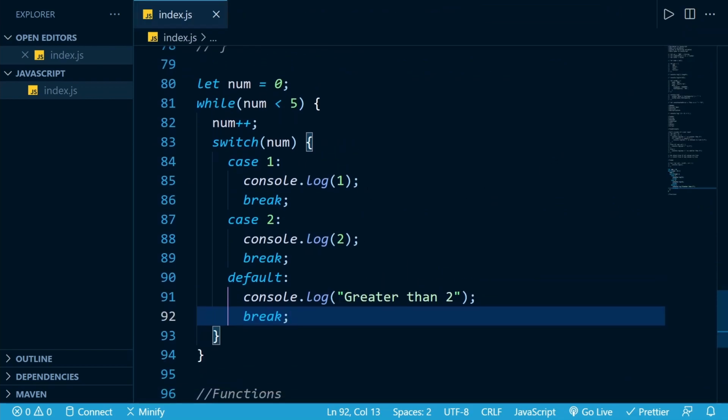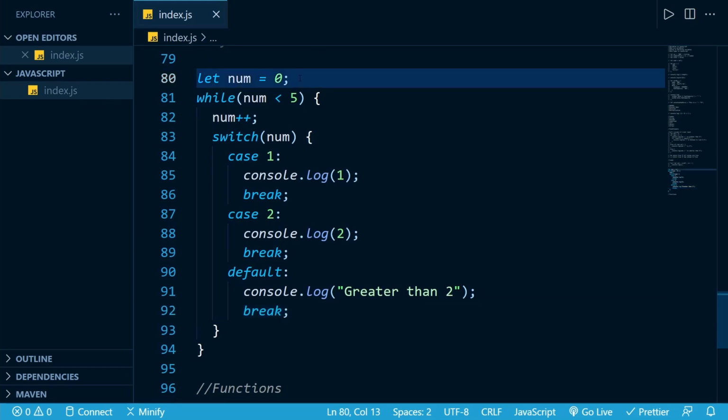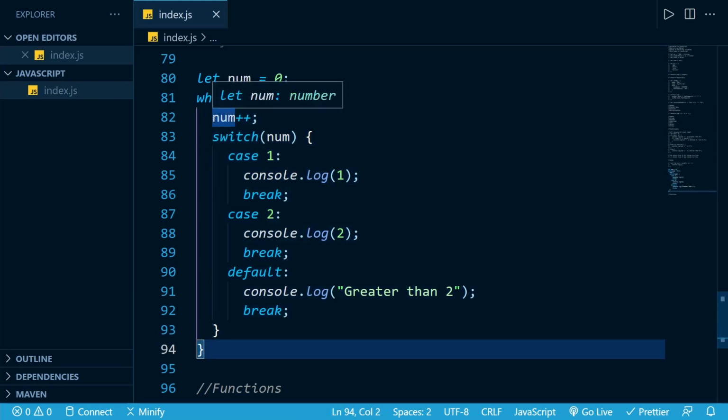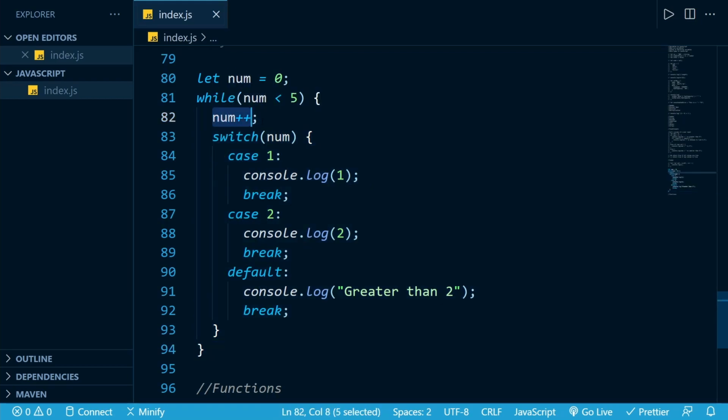When we execute this code, first of all, our num is initialized to 0, that's its initial value, and our num is definitely less than 5, so it will go inside this while loop. And now it will increment the value of num by 1, so our num will turn into 1.